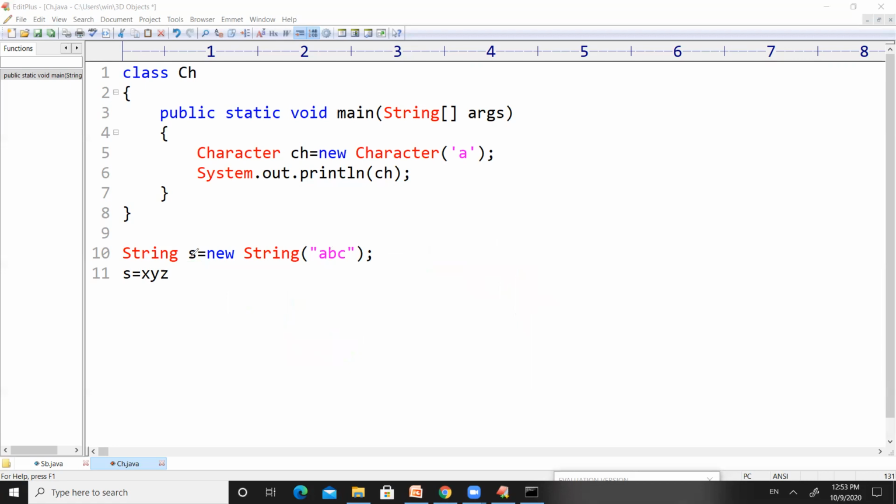And for example, if the same thing was created by using the StringBuffer class, now what will happen in both cases? Let us listen. For the first statement, an object will be created, and the name of the object is s.